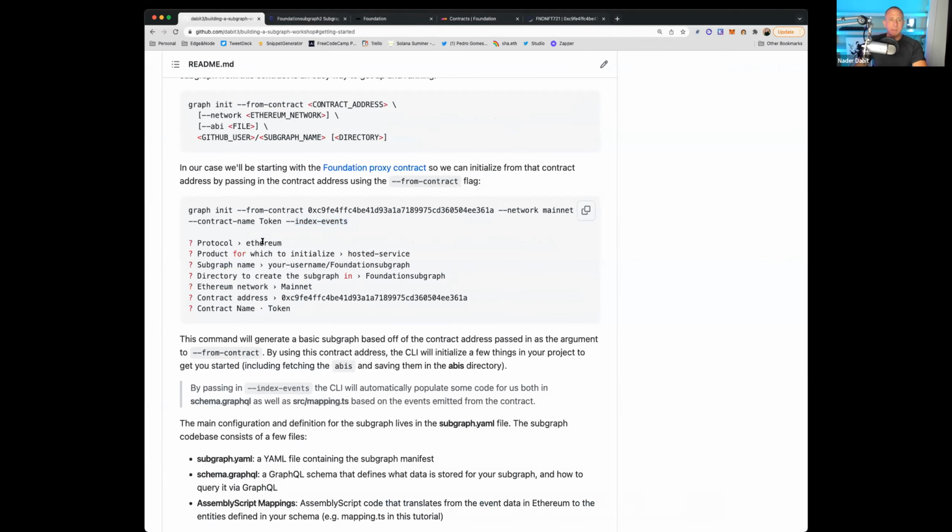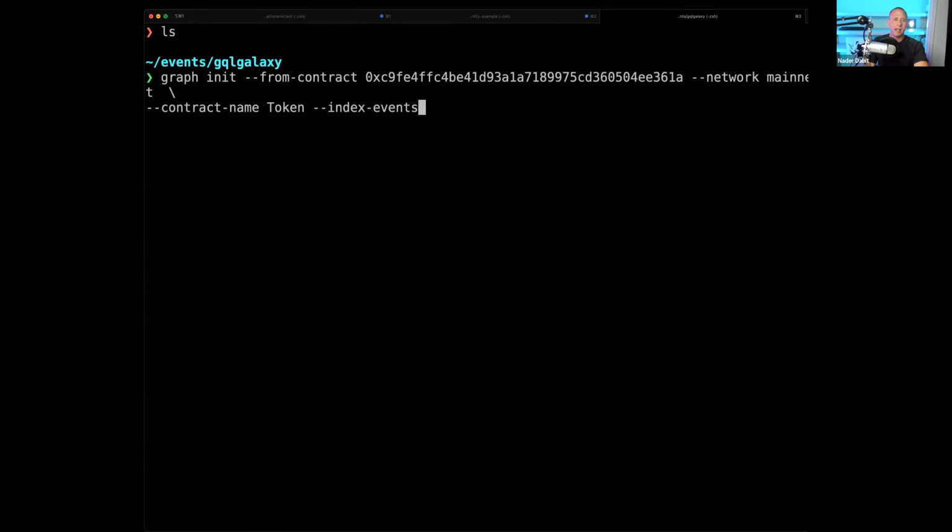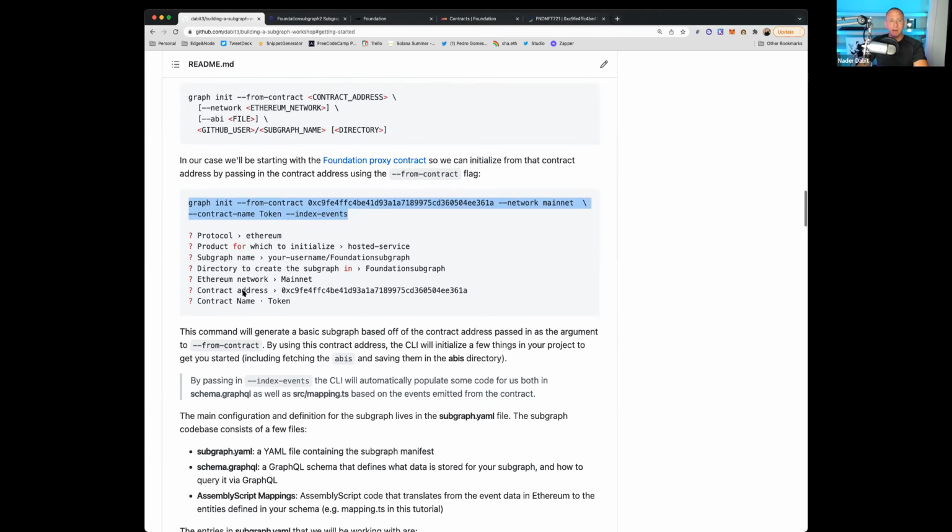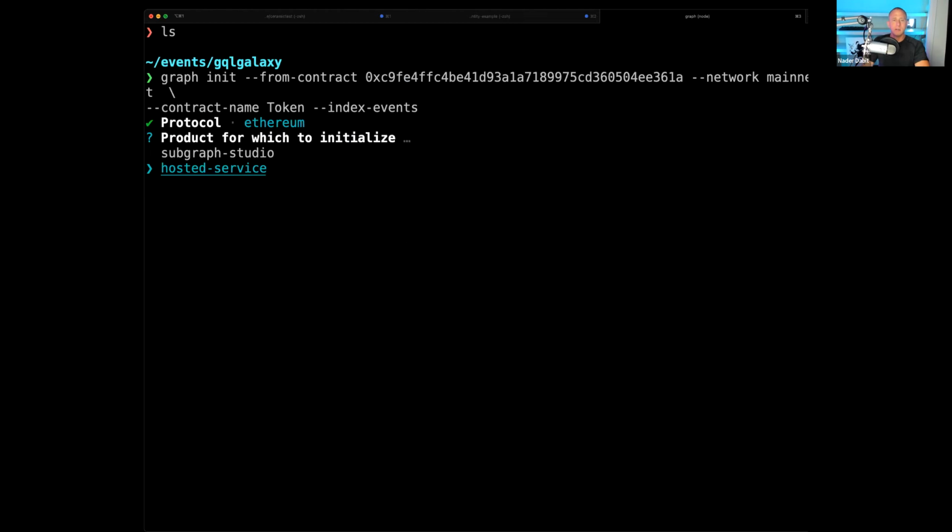Okay, cool. So with that being said, let's copy all of this right here, and we're going to paste it here. We have our graph CLI installed. We're going to say graph init from contract, network mainnet, contract name token, and index events. And here we'll choose Ethereum protocol, hosted service. And I believe I have all this stuff here. So hosted service,